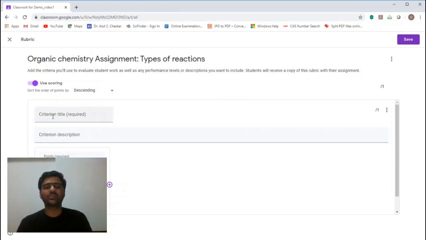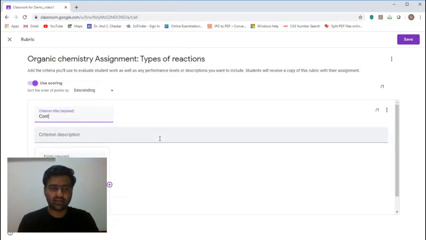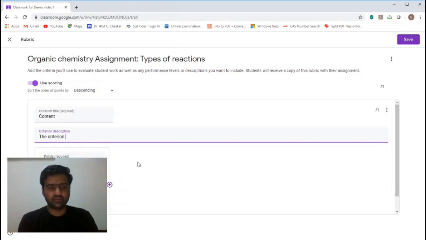So what you need to do is enter a criteria title, enter the description, which is optional, and then categorize or state how many points you're going to be awarding for that criteria. So say for example, if my criteria is content, and for content I put down the criterion assesses on the basis of content of the assignment,